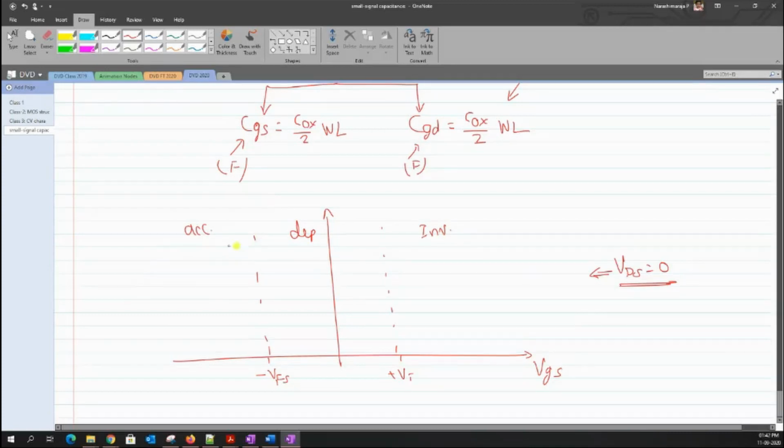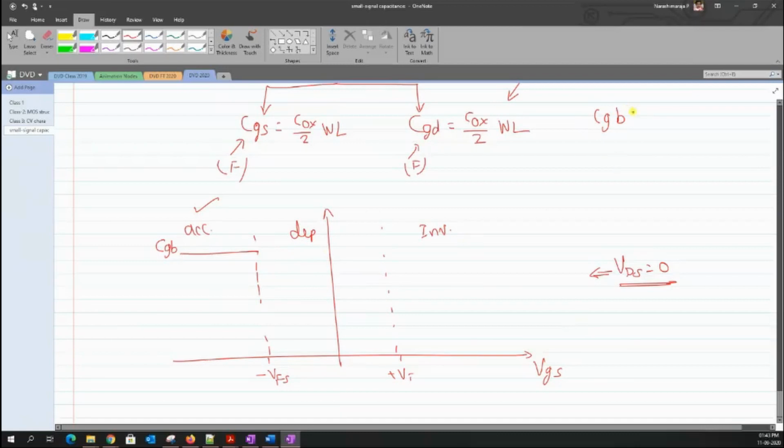What is the type of capacitance that I will have here? Whether it is CGS, CGD, or CGB? CGB, yes, it would be CGB, because we know that there won't be any channel in this particular region. There are no negatively charged free electrons available in the accumulation. What I have is a free positive charge, but they will not be able to conduct. So this part of the graph would be taken as CGB. And when I'm getting into the depletion region, what would happen to the C?